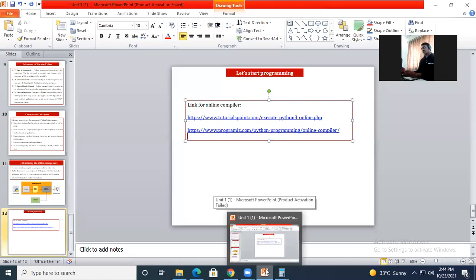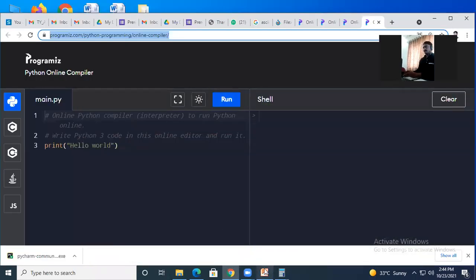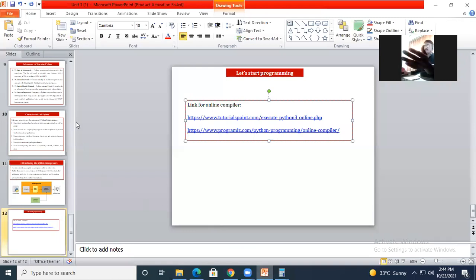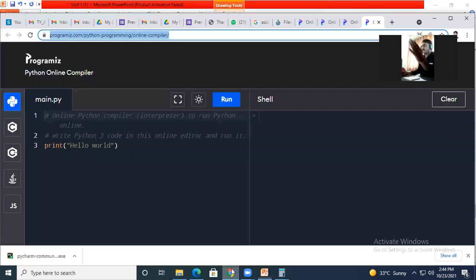See what I have planned. We will learn one concept, just like we discussed: increment. What is the operation of increment and what is decrement? After this explanation, I will demonstrate how to execute your program, and I will provide you the link which is already in the PPT, or during the lectures also if required. You just need to click on the link and perform at the same time.